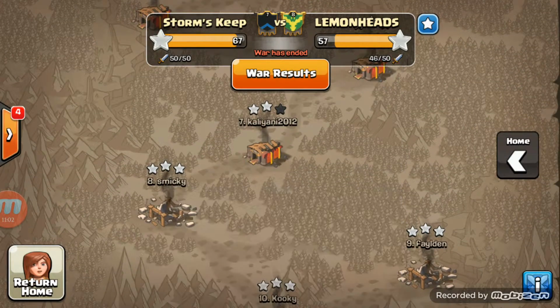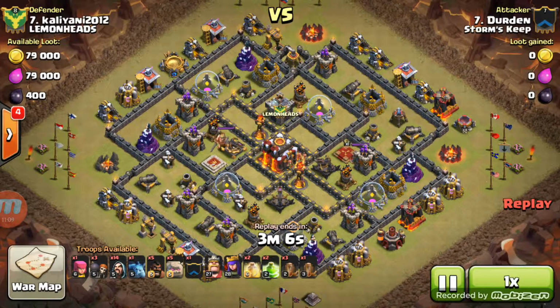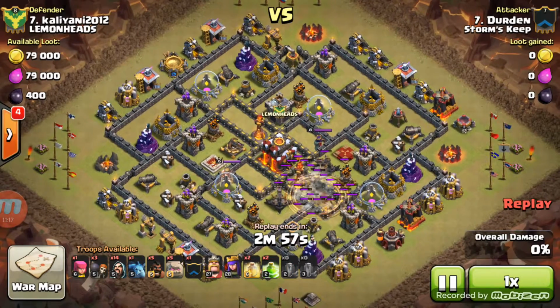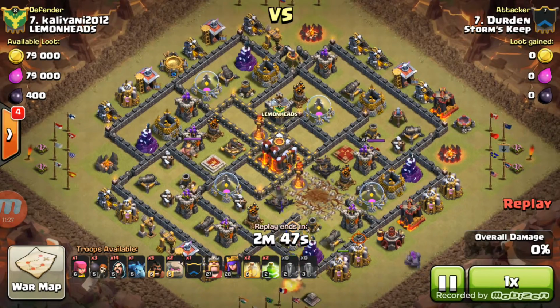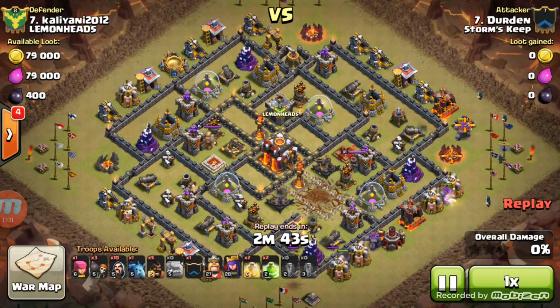The next attack we're going to look at is the last one on a Town Hall 10. This is another mirror matchup with number 7s. This is our leader, the Durdmeister. He is going against their number 7 from Lemonheads. And it looks like Durden is going to go ahead and use an EQ to really open up this very enclosed base. This is another pretty nice base design here for Town Hall 10, having all of those separate compartments,